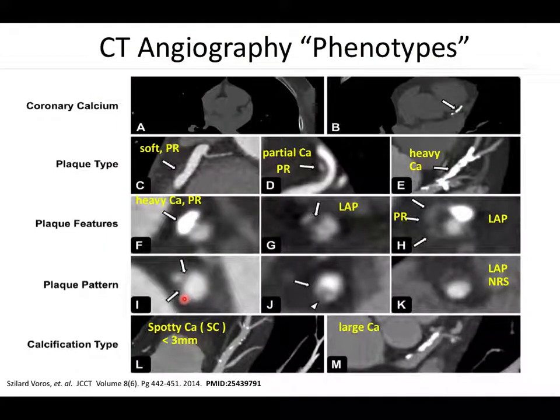So one of the things that CT, high resolution CT, can do, when the vessel is motion free, or you can do motion correction, and you have a scanner that has high enough resolution, is that you can start to see individual properties of lesions, not just their geometry, i.e. a 75% stenosis versus a 50% stenosis. You can actually look at the lesion and determine different characteristics. And this is called plaque imaging, where you're looking at the individual lesion itself and deciding what kind